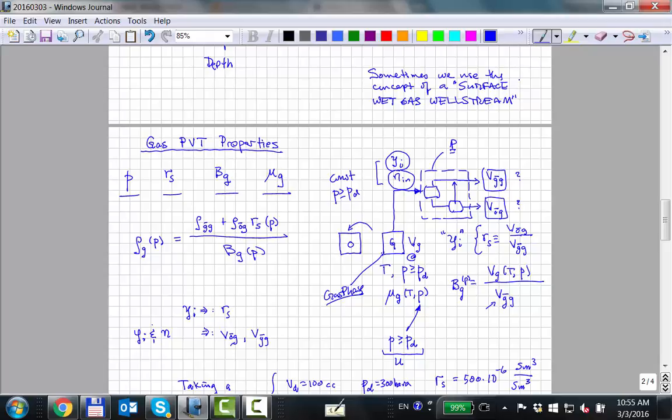A surface wet gas well stream. And what is that? A wet gas well stream